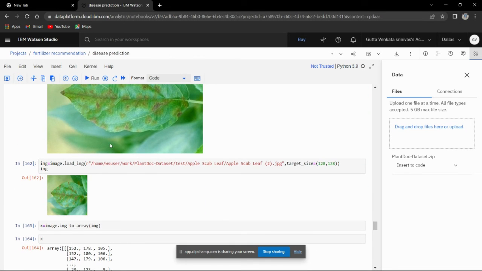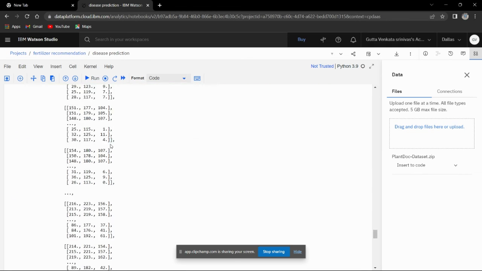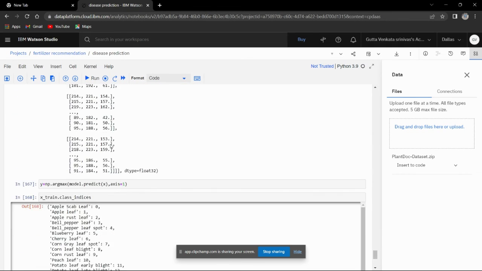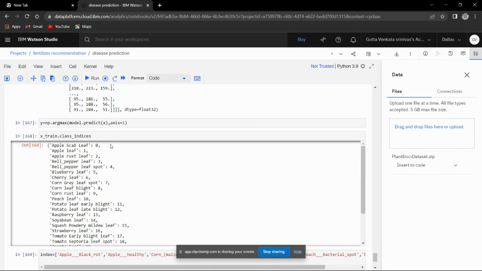If the picture given and the dataset picture match, that is, if the array of the given plant and the dataset plant are equal, then the model will reply that it is identified,